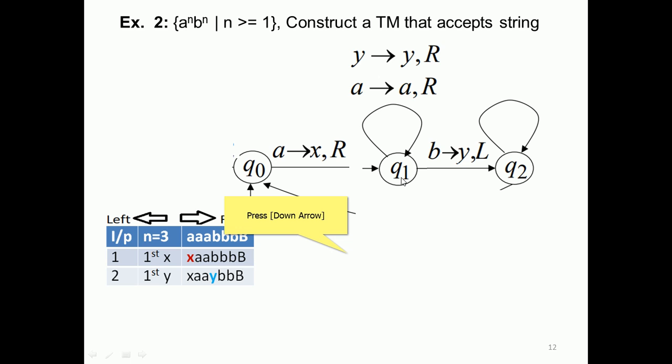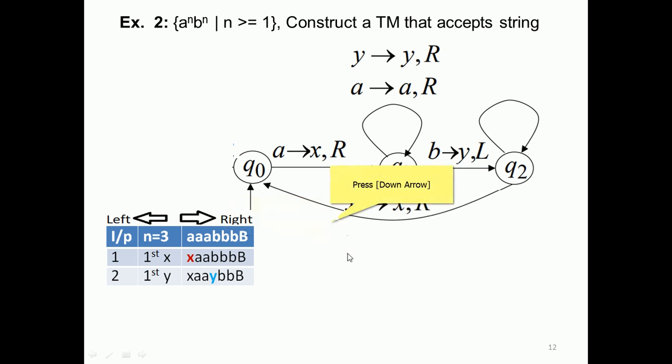Now before turning, the B will be replaced with the Y. First B will be replaced with the Y, just as the first A was replaced with the X. So this process will continue. When at Q2 you are reading the X, then X is retained and